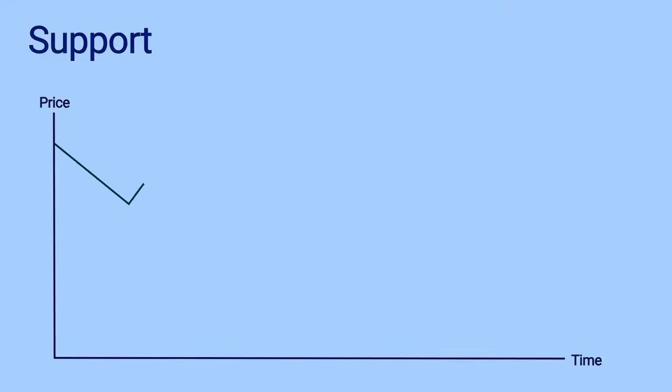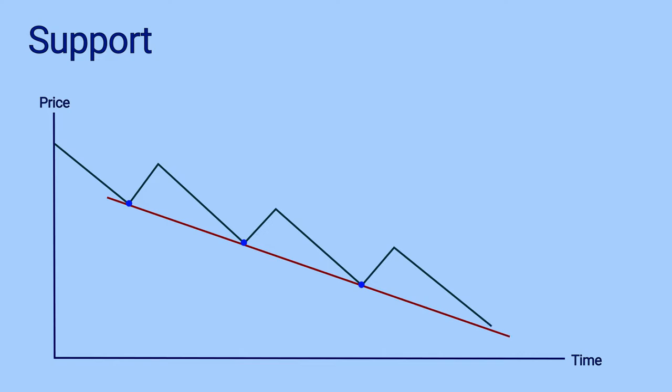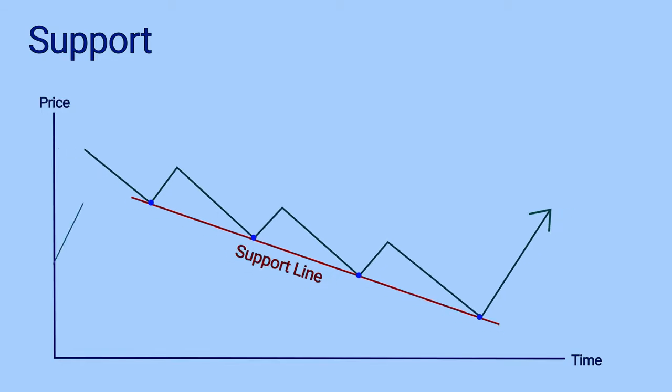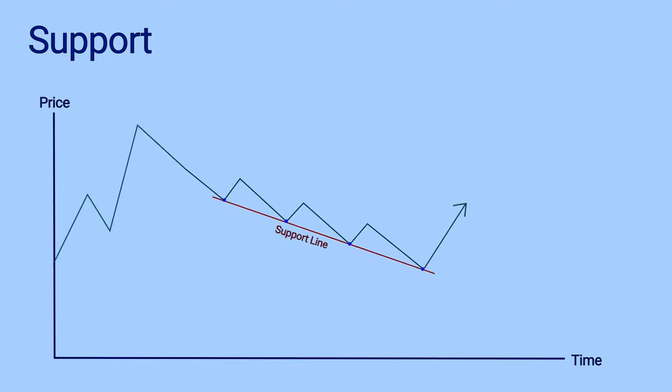Now what is a support? Suppose the prices of a stock or index are falling. As the price falls, we can see that around a certain point the price starts bottoming out and may reverse from that zone. This becomes especially important when we are already in an uptrend and we see the price pulling back downwards. Then at a certain point the price bottoms out and resumes its upward journey, and then again the price falls and again resumes its upward journey.